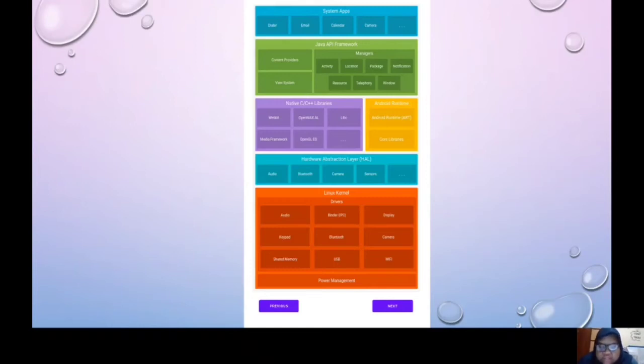If you are developing an app that requires C or C++ code, you can use the Android NDK to access some of these native platform libraries directly from your native code. Next,